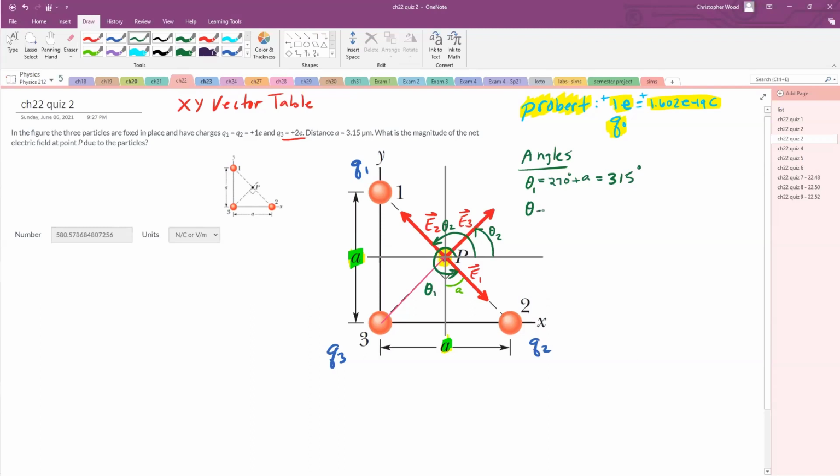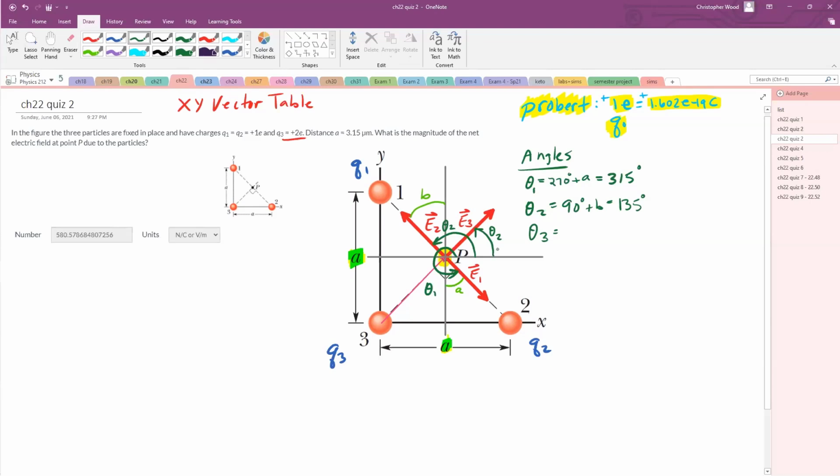What's theta 2? Theta 2, which is staring right at you, is going to be 90 degrees plus angle B. And same conversation, angle B is also 45 degrees because things are so simple. This is angle B right here, which is 45 degrees. So that's going to be 135 because 90 plus 45 is 135. 135 degrees. Theta 3 equals,